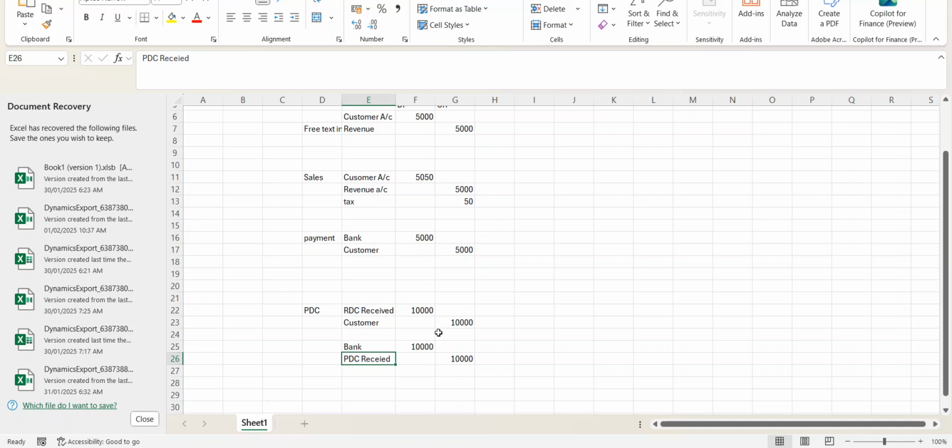So this is the PDC transaction, similarly how we have seen in the vendor statement, vendor balance also. So during the vendor transaction, the PDC entry will be: your vendor will be debited with 10,000 and PDC issue will be credited 10,000. And post maturity date, what will happen? Your PDC issue will be debited with 10,000 and your respective bank will be credited 10,000. So this is the entry during vendor payment,